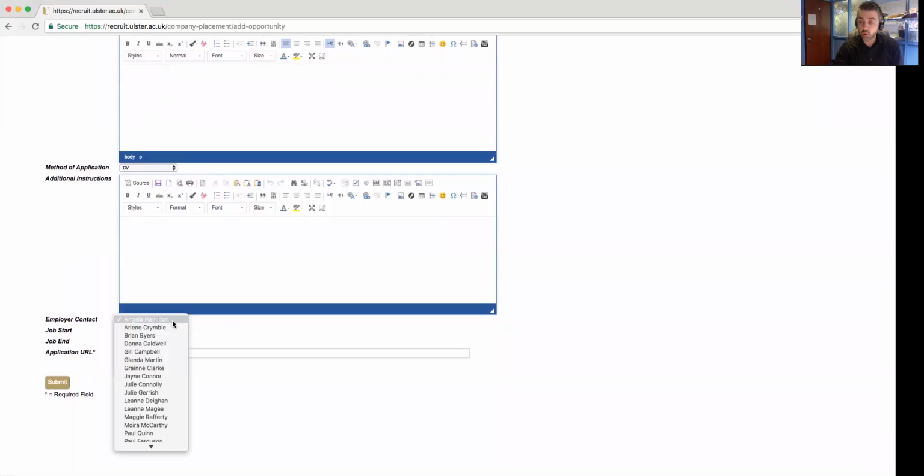Who do you want to be the employer contact within your company? If there's only one, then that's easy, but I guess you've got a lot. Then you need to select the appropriate contact. When's the job going to start and end? And what is the application URL? You then hit submit once you're happy, and within 48 hours, that will be